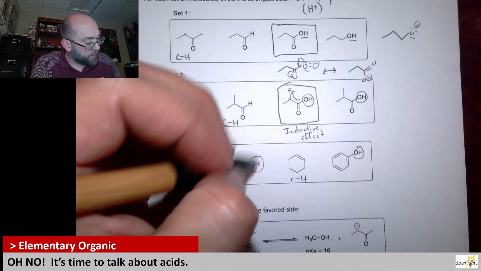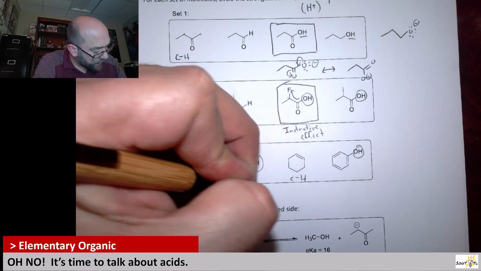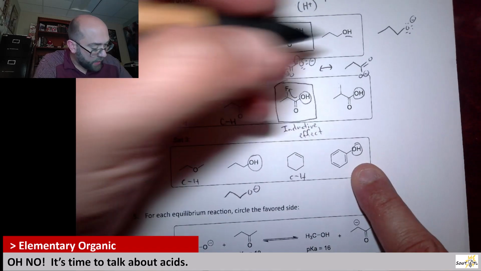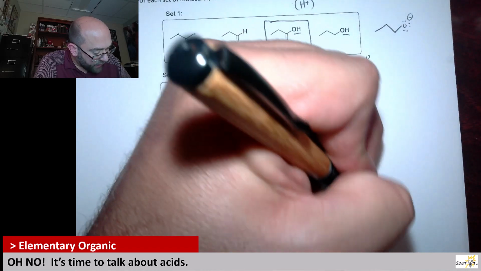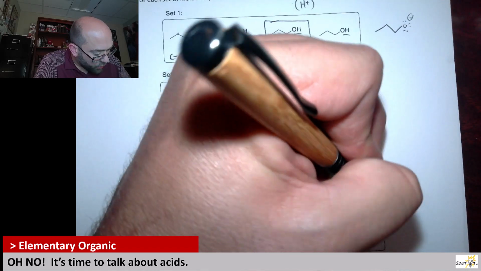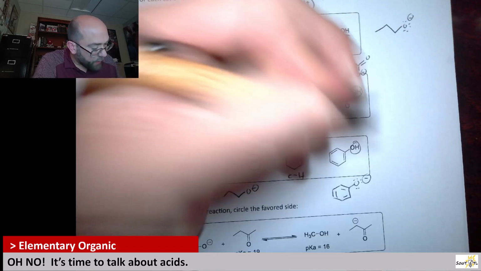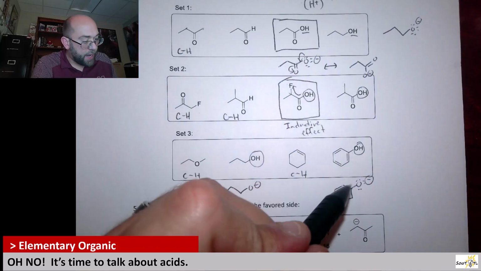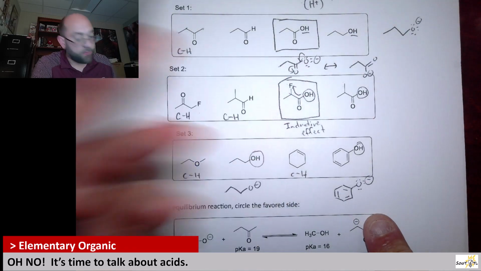And so when this donates a proton, we go back to that same original oxygen with a negative charge. But then when we look at this guy, we still get an oxygen with a negative charge. But you notice, double bond, single bond, negative charge. This guy has resonance just like that guy did. So